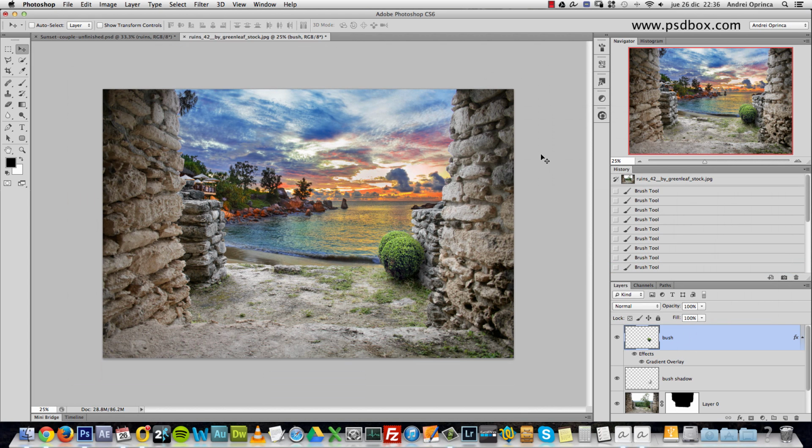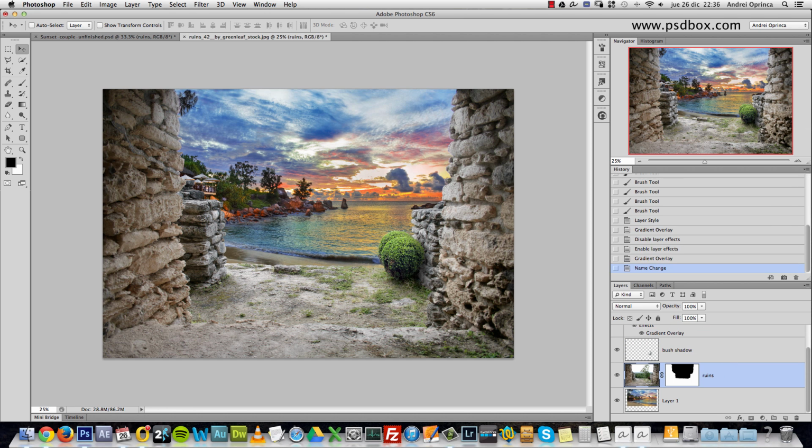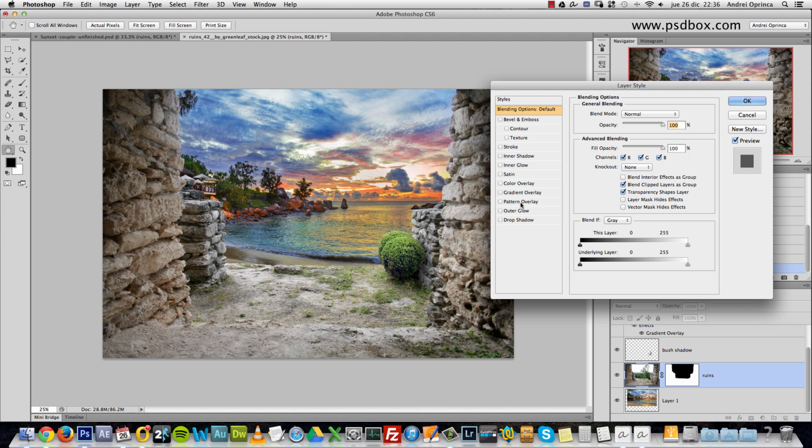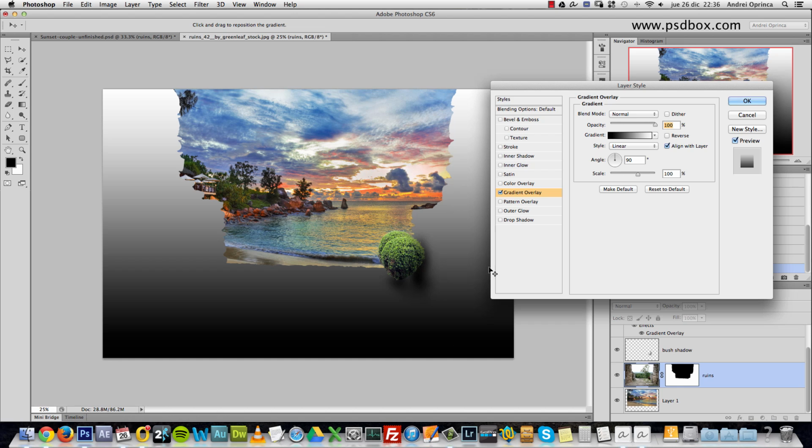Let's start adding the first light effects on these rocks here. So what you do is select the layer, which I will name ruins, just like in the original. I'll double click on it, and you can use other methods if you want to, but I like to use layer styles because that way I can save a few layers on the layers palette. And I use the gradient overlay just like I did with the bush there,